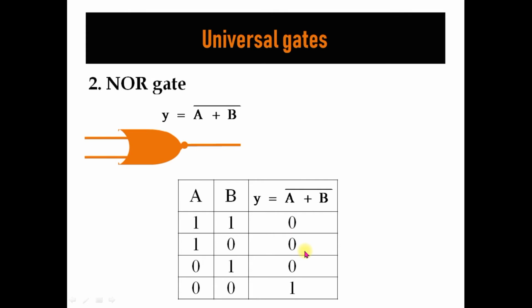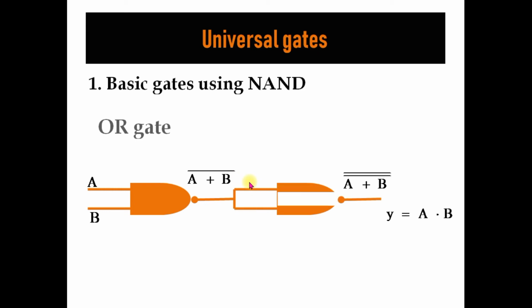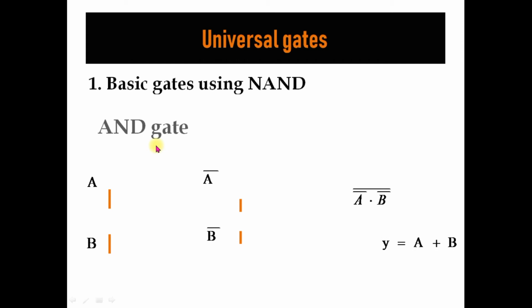low state. So these are called universal gates because we can construct any basic gate using this NAND gate or NOR gate. This is the OR gate with bubble, that is the NOR. When it is once again NOTed, that means inputs are shorted, once again it is NOTed, then its complement is given by Y is equal to A dot B. Previously we constructed OR gate, now we are constructing AND gate.